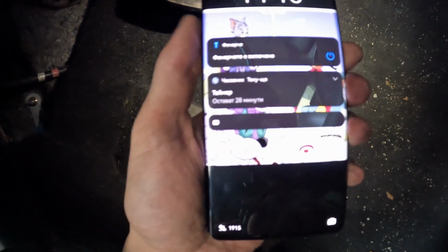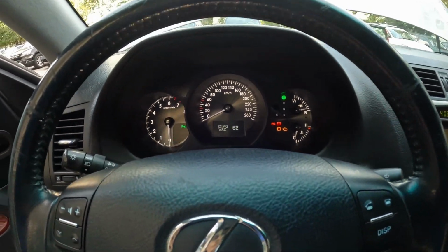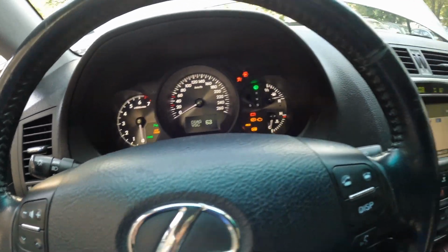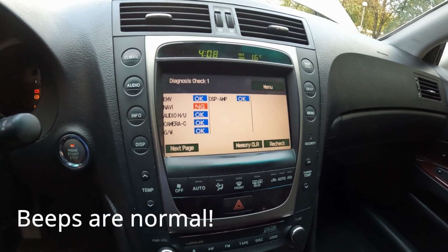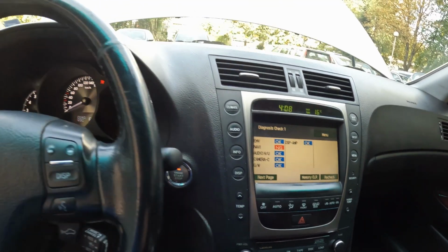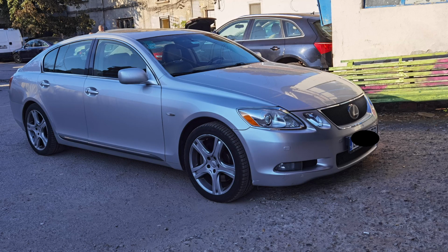So now we are waiting 30 minutes. As you can see, we have 28 more. We're just gonna chill a little bit, and it is checking all of the things, as you can see. Also here is some sort of a secret menu, I guess. So yeah, that was pretty much it, guys. Now give the car a little bit of time to adapt the gearbox to your driving style, and enjoy your